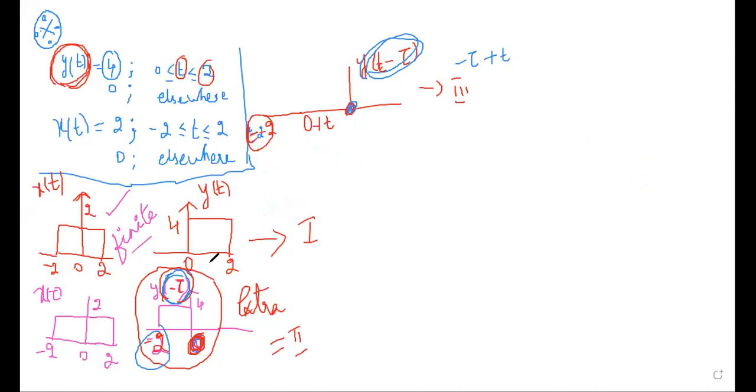Similarly, I have minus 2 in the second diagram. I have to add the t. So if I add t, it is minus 2 plus t. Instead of starting the number with the variable, I will write the variable with the number. So it is t minus 2. So between this new time scale, the amplitude remains same. That means the diagram is shifted now from the origin 0 to this. The amplitude is 4 only, but it is shifted.